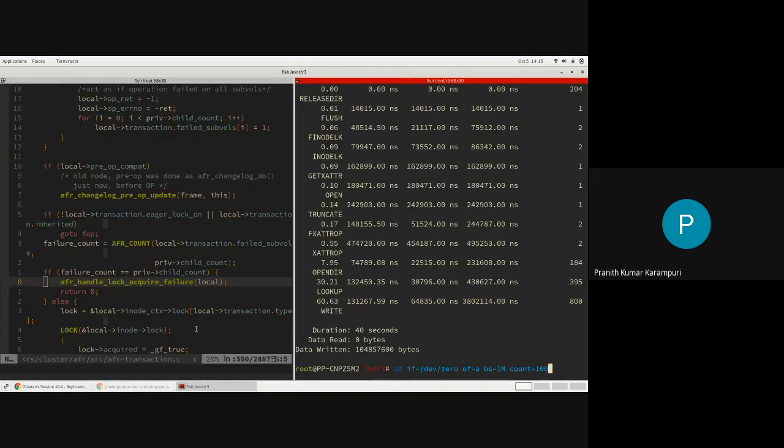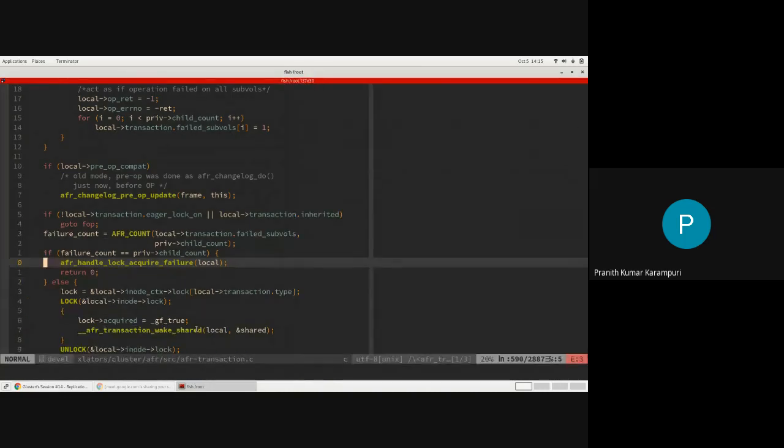Instead of sending 8 lock requests and 8 pre-op requests, we will send one lock request, and all of them will wait for the same lock and pre-op to complete. Once that is done, all these operations that are waiting on this lock and pre-op will be woken up.